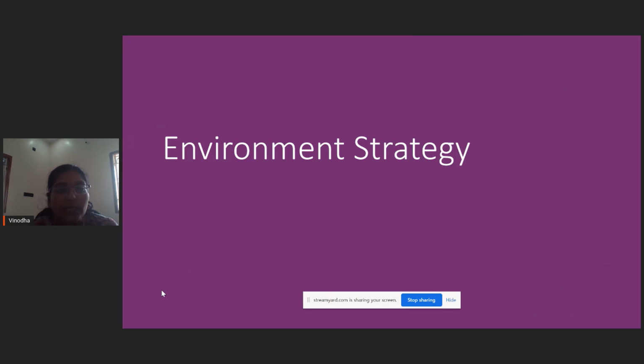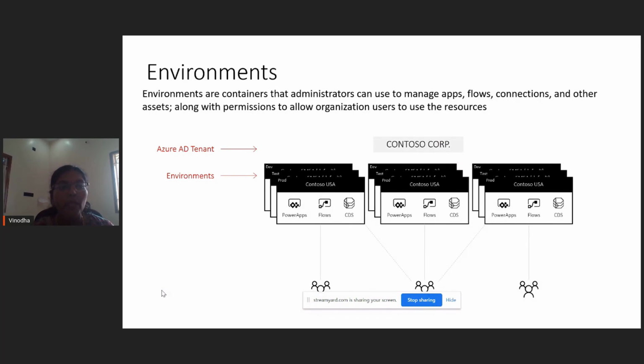And next, we are going to see environment level security in Power Platform. I think you know about the basic things about environment. Environment is nothing but a container that helps you to manage and share and store your organizational data, apps, and flows. You can create a single environment to build all your apps, or you can create a separate environment for your test and production versions of your applications.